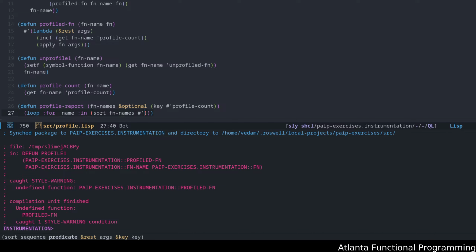The predicate is going to be greater than, based on key. This is going to give you the largest number of counts for each function name, so this is in sorted order, naturally. Do